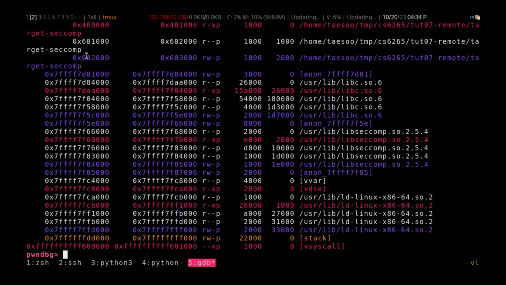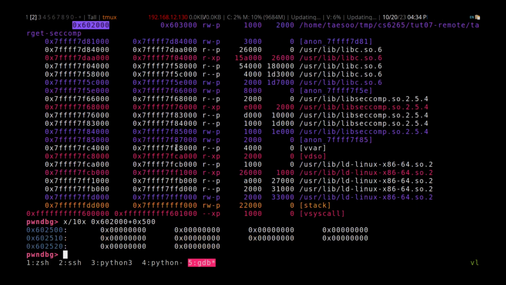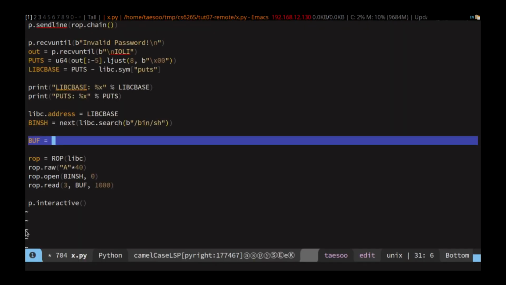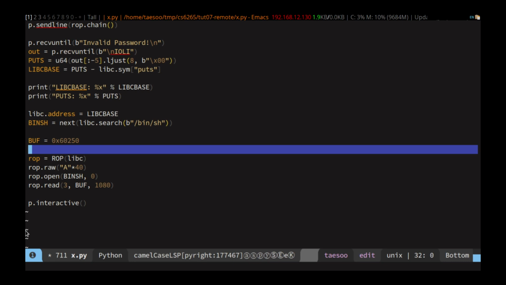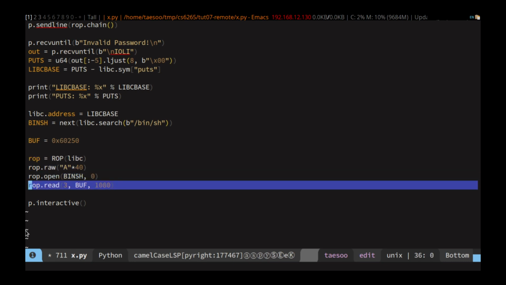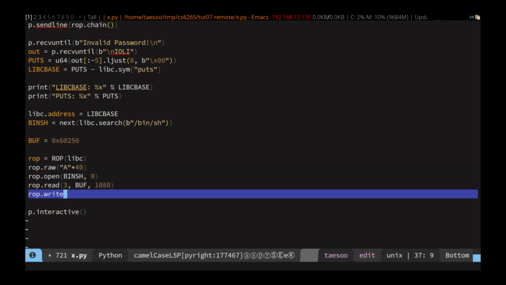What's a read-writable section? This sounds like a read-writable section. Plus about half. Let's pick this one as our buffer that we're gonna play with, right? Let's copy this one. This is a buffer that we're gonna load the entire bin shell into and write to file descriptor